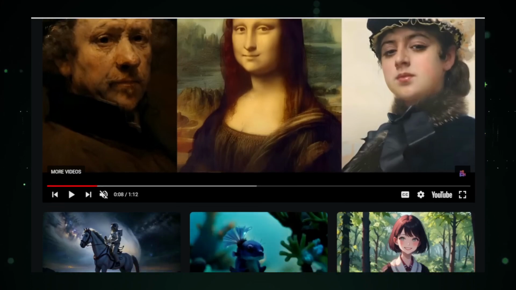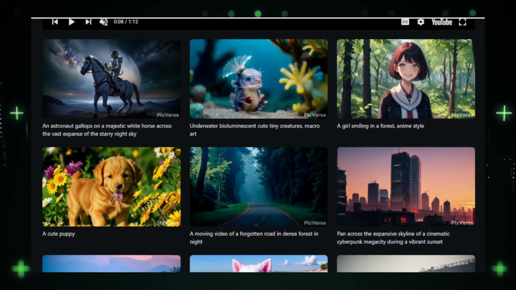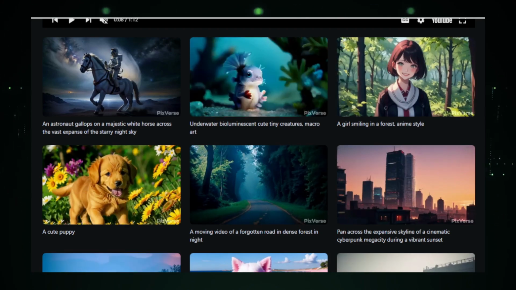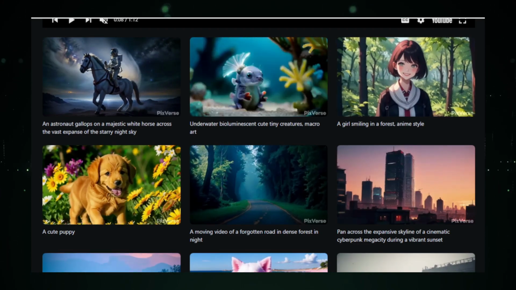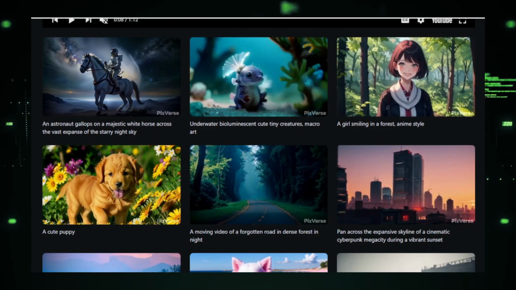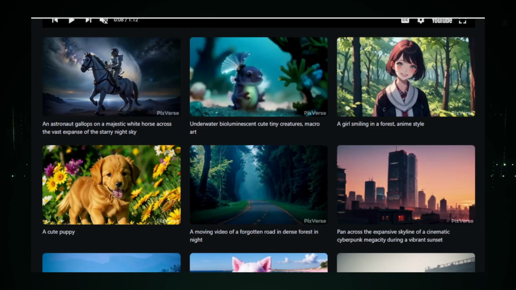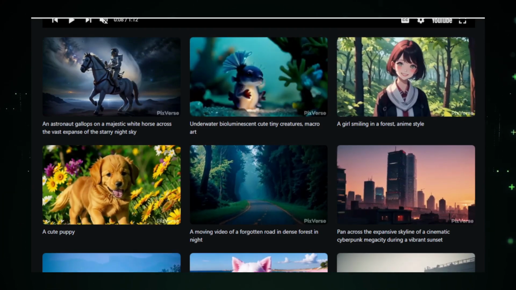Another impressive feature is the image-to-video transformation. With just a few clicks, you can turn static images into dynamic videos, add motion, transitions, and effects to your images to create compelling visual narratives. This is especially useful for creating engaging social media content, promotional videos, or educational materials that capture attention and convey